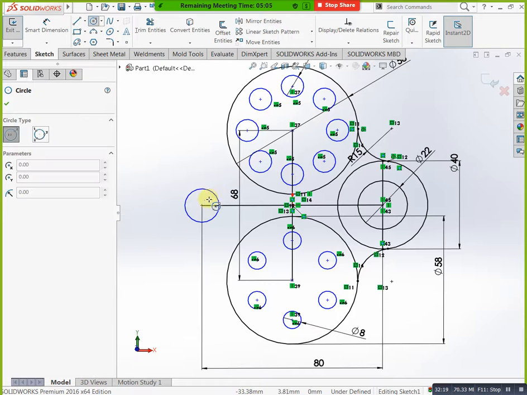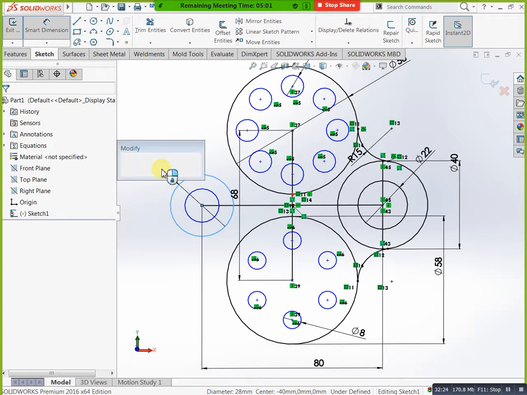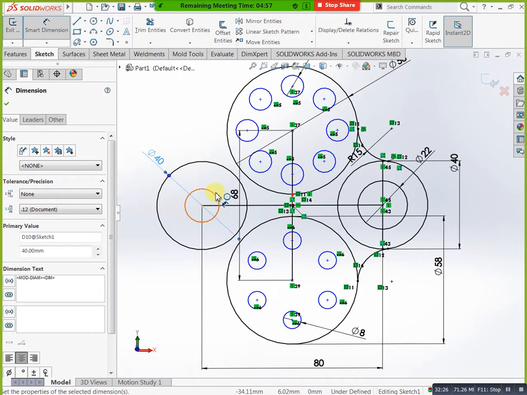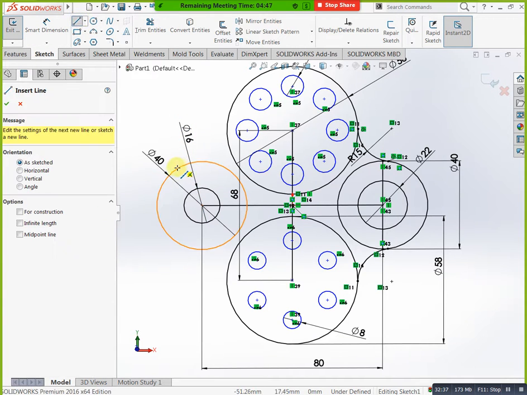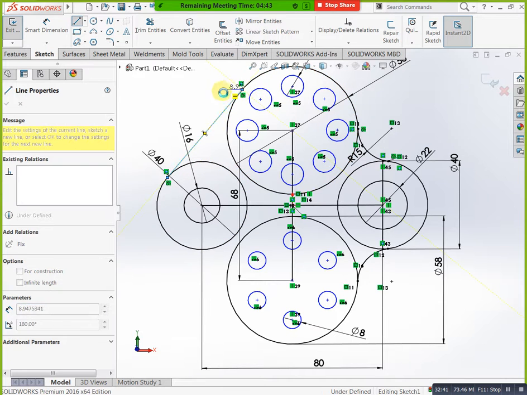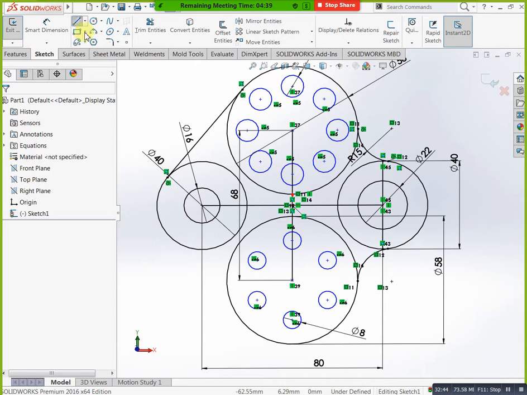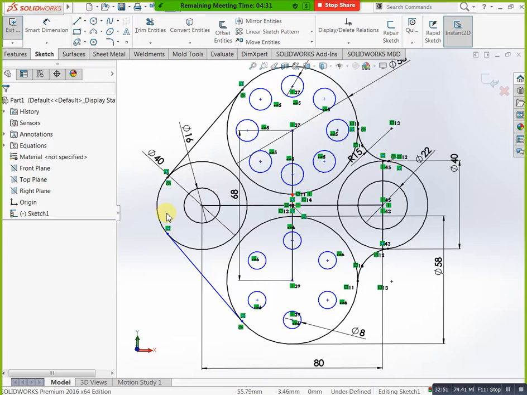But in this figure we don't have any circles. We need to remove the circles now. Go to trim and you can select this one, at the same time this one. You can zoom once. Here also we need to remove, same as well here. Okay, now remove. Next you can delete this middle circle, this circle. This is a sketch. If you need to do sketching practice, this is not an actual procedure, but you can do like that. Okay.